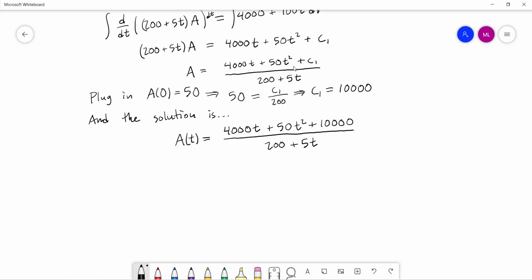And again, this is amount. You should be able to go back and do dimensional analysis on all of these different pieces to make sure that you are getting the correct units. This should ultimately have units of pounds of salt. Okay,